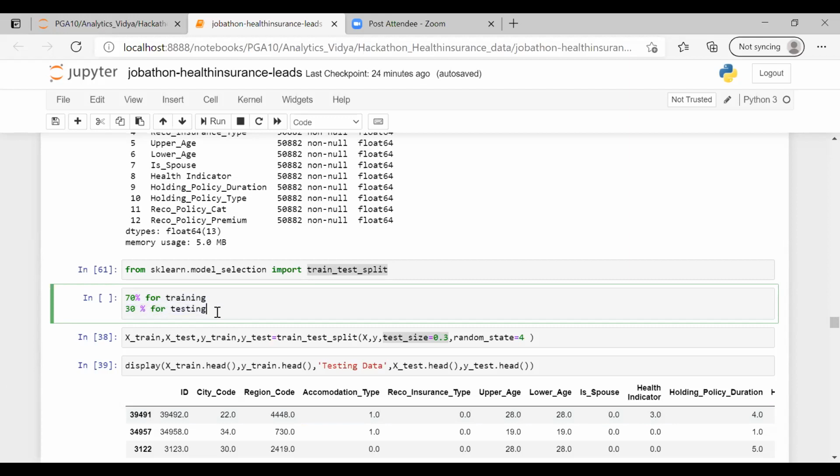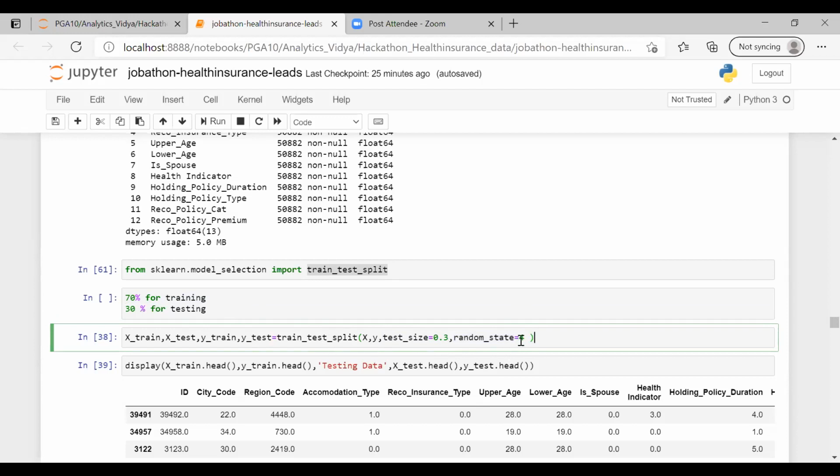That would be unseen data to take the test of that kid, whether the kid has learned properly or not, whether the machine has learned properly or not. We are going to take a test. For that, we will give unseen data that is not present in this training data. So I'm using test size as 0.3, meaning 30% would be the test size. And this is random state. Random state is nothing but just a numerical value. It can be anything.